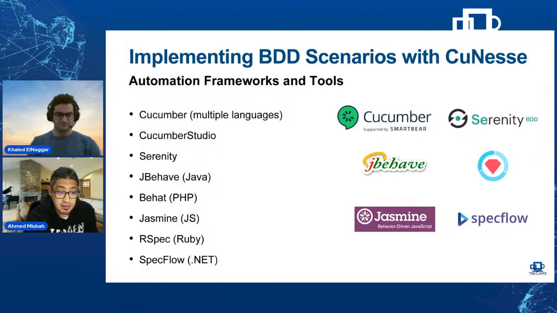SmartBear has a nice web-based tool called Cucumber Studio, which we'll talk about in a little while. And there is Serenity, there is JBehave. You've got a lot of automation frameworks and tools which you can use to automate your executable specs.